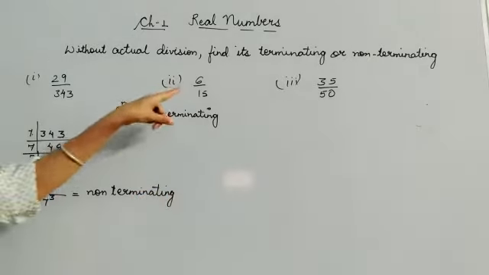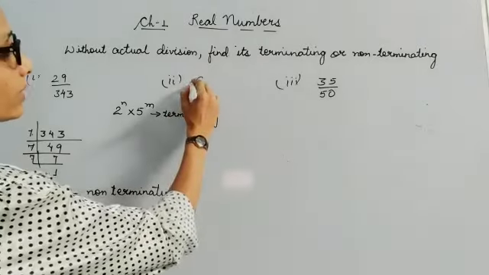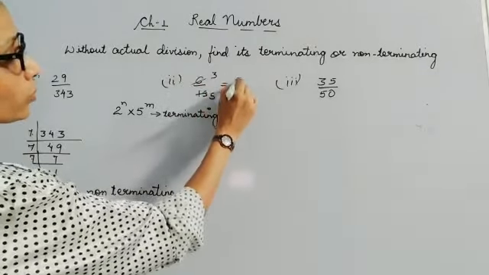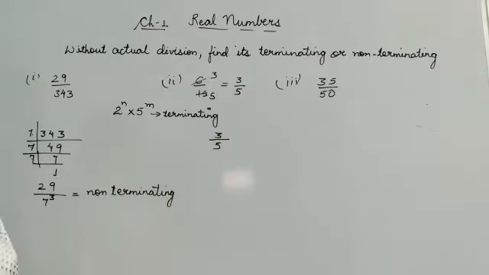Alright, children, before attempting any question, first see whether it is given in simplest form or not. If it is not in simplest form, then first of all you need to change it into simpler form. So I can cancel: 3 times what, and 5 times what. So my question has become 3 by 5, and this is a prime number. I told you if your denominator contains 2 or 5 or both 2 and 5, then we can say it is terminating.